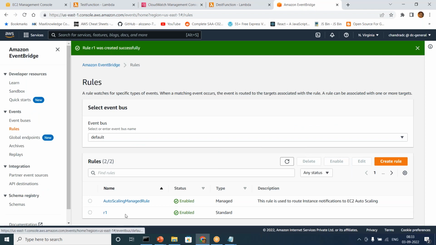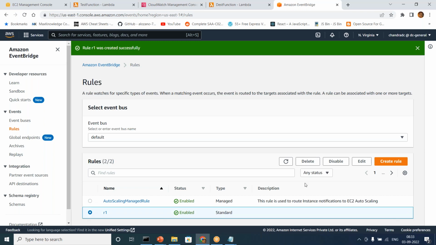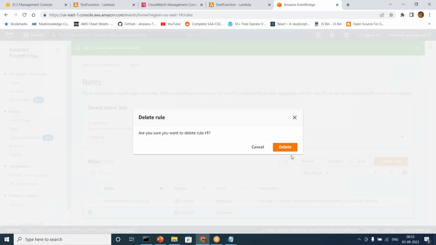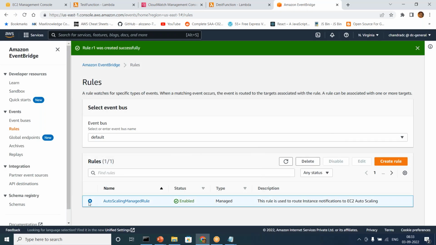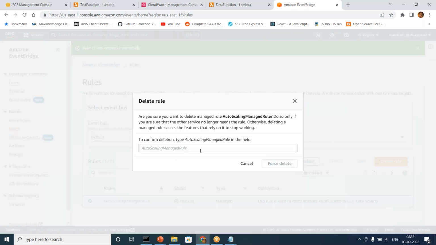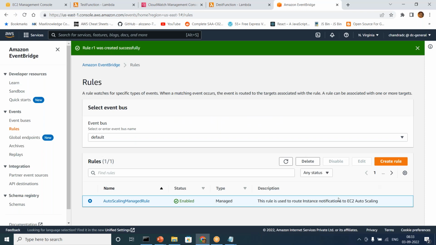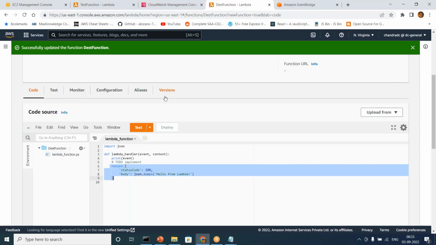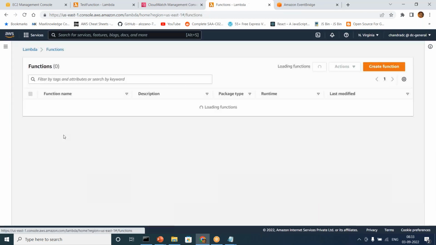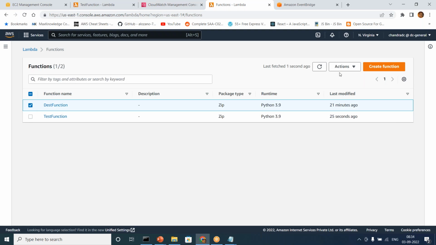For EventBridge, go back and remove your rule, because for each and every rule that you write, you will need to pay for it, and accidentally you might keep creating some. This is a managed rule, please don't get it created. Only custom rules you can go and have. EventBridge is done. Go to the function code here, go to the functions and select the functions one by one